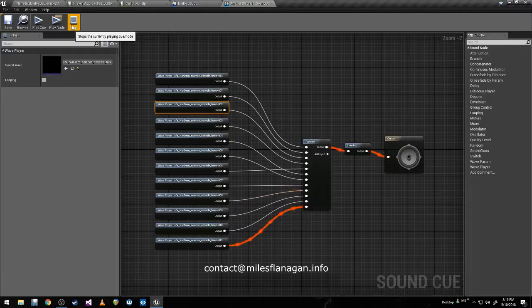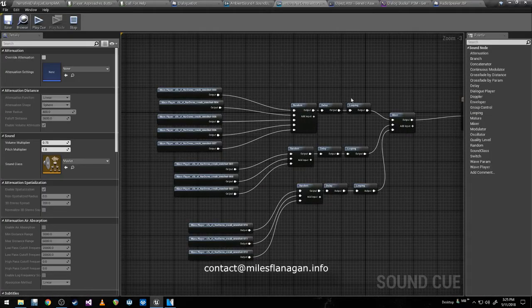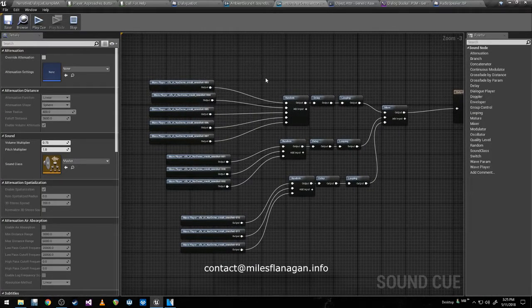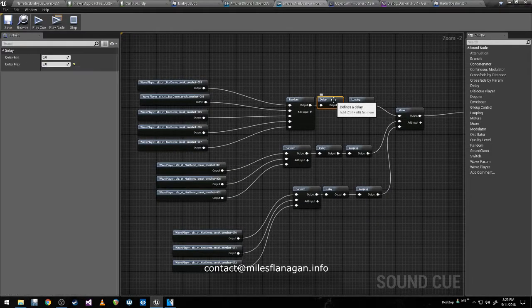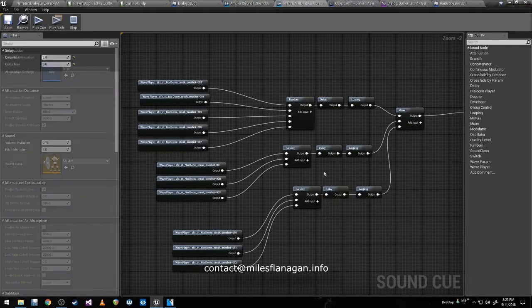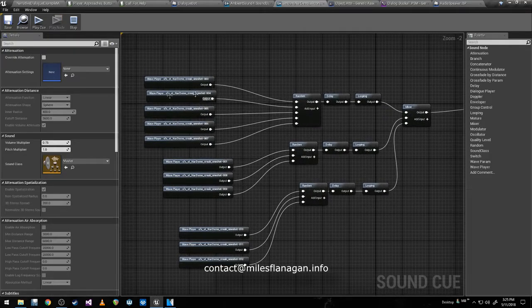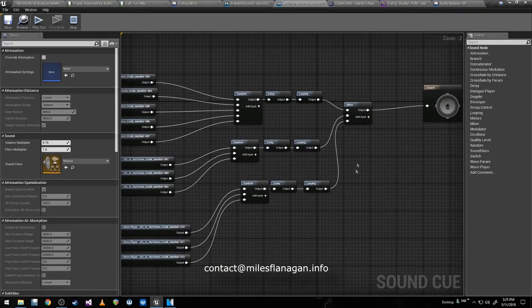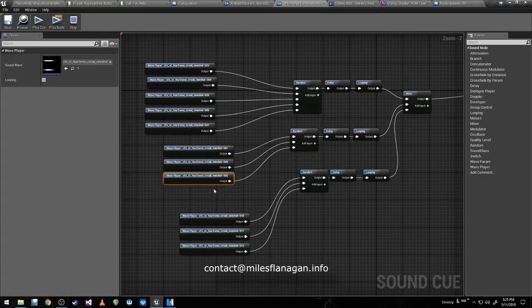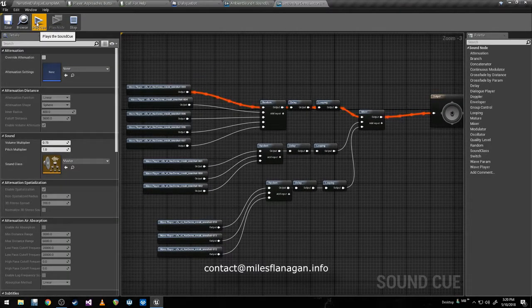Pretty quiet, pretty subtle, but especially when it's running through reverb, it makes a difference. And then this one over here is actually pretty cool. It's basically the same idea where it's just a looping random container, but it has random delays between 3 different layers. And so multiple things can be happening at the same time, all mixed together through the one sound cue, and they're all happening randomly. And sometimes there's a bunch of things happening at once, sometimes there's only one thing happening at once. But the effect is basically just these creaks and moans that are unpredictable.